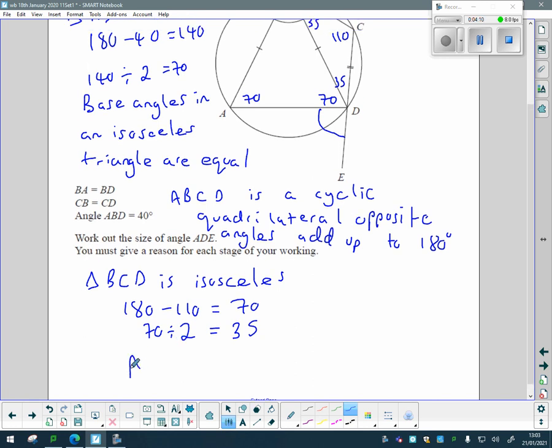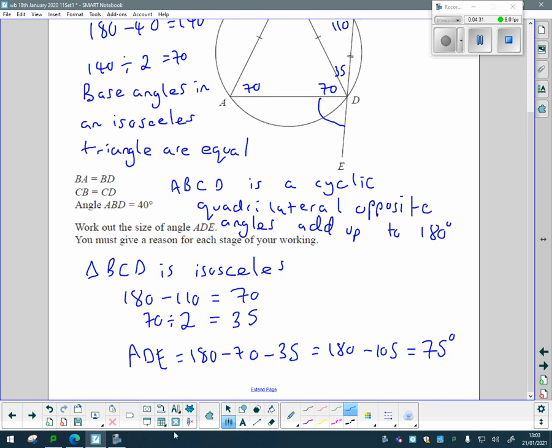So ADE is equal to 180 take 70 take 35, which equals 180 take 105, which equals 75 degrees. And again, not forgetting to state our reason, which is angles on a straight line